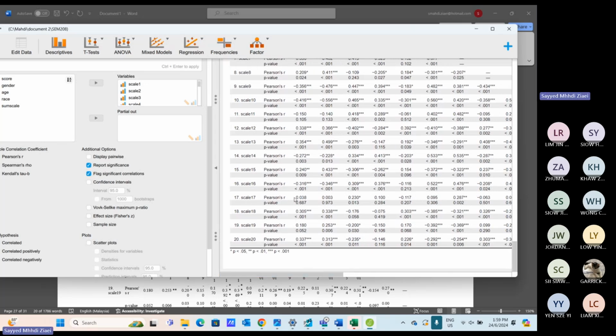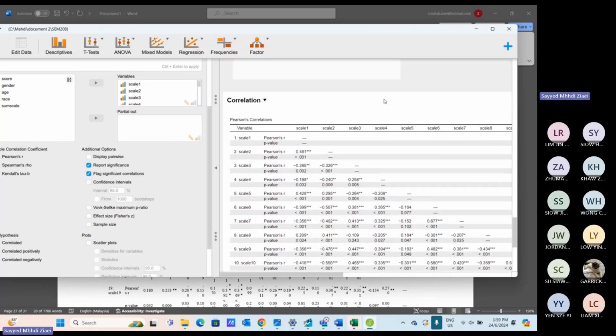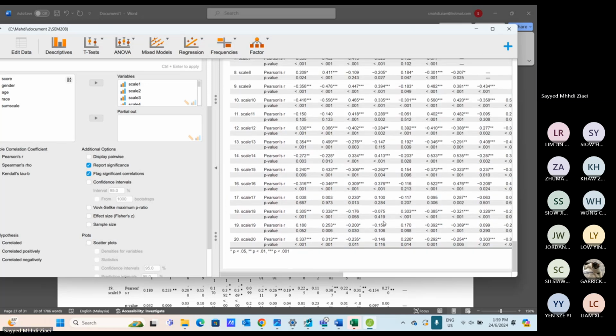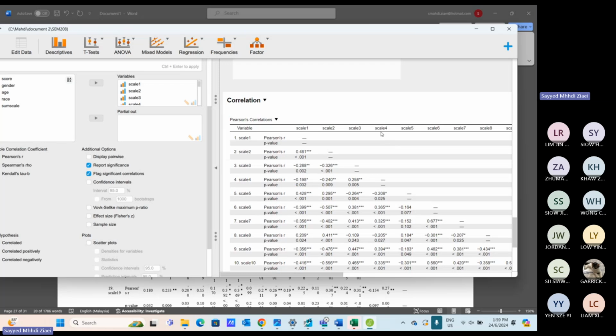Scale 17, this one is 17, and this one is 4. There is no correlation between scale 10 and scale 4. However, for example, if you want to find whether there is any significant relationship between 3 questions